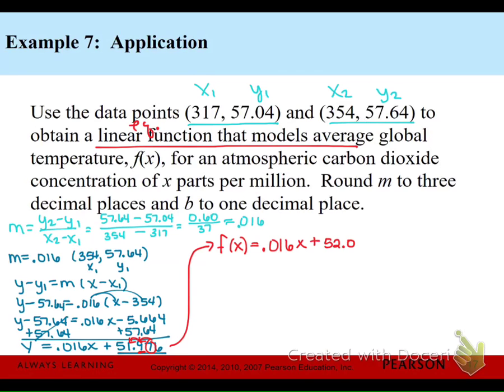So what does this mean? This means that this function models the average global temperature for an atmospheric carbon dioxide concentration of x parts per million. And we can write that out. So the function f of x equals 0.016x plus 52.0 models